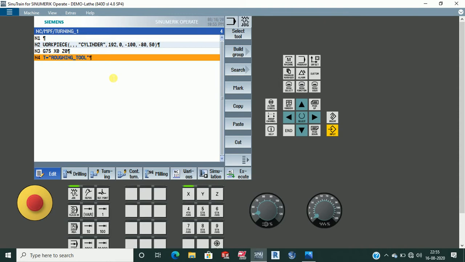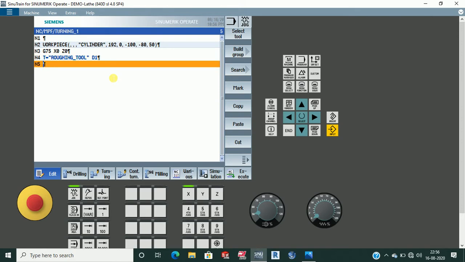I'm just telling you how to write a program, basically how to use the keys, how to give the workpiece. How to take a tool and how to create a tool, I'll tell you in a later video, because if I give information about that, the video will be too long. What is D1, why we are using D1, D2 and all, I'll tell you everything. So D1. Now for the next line we use M06.